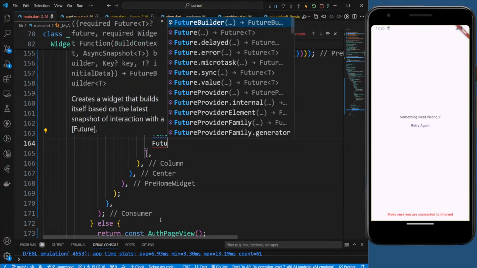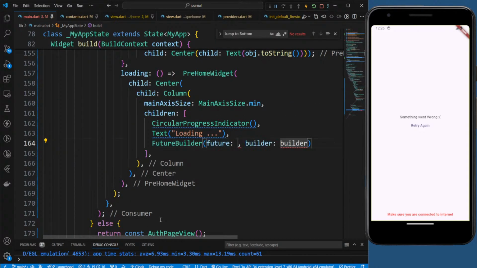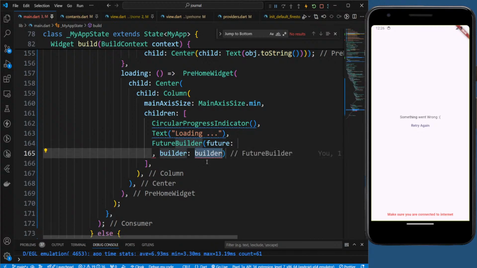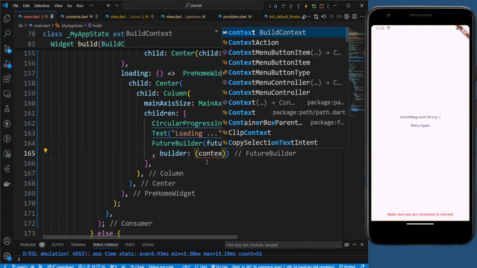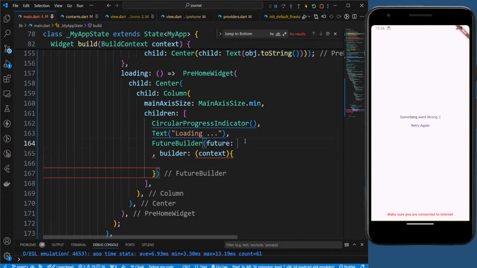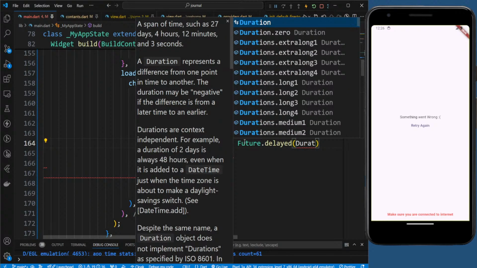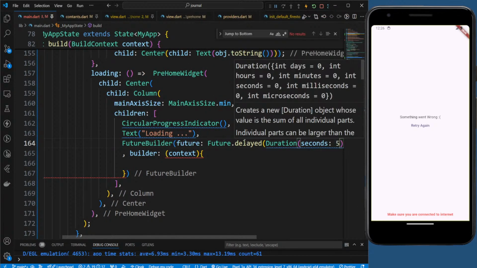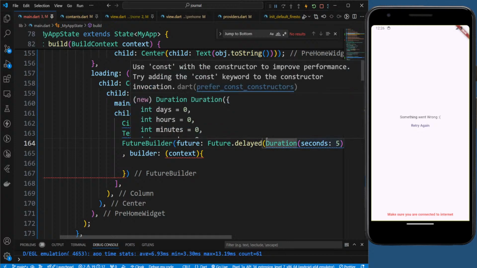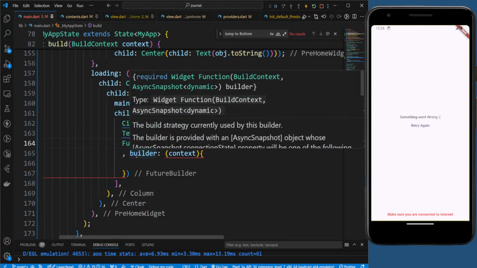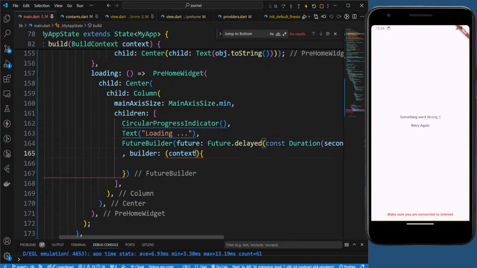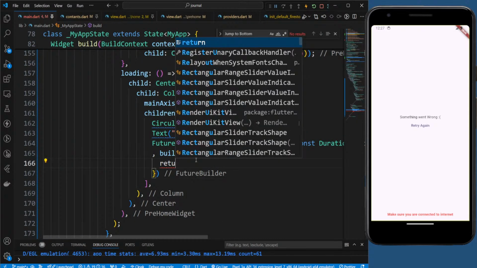Let's try out. So if you do future builder here, and the future can be something like that, and here the builder, what is the context, right? Here the future can be future dot delayed duration seconds 5. This is a future, right? Builder, we need the snapshot. Something like this, and just return